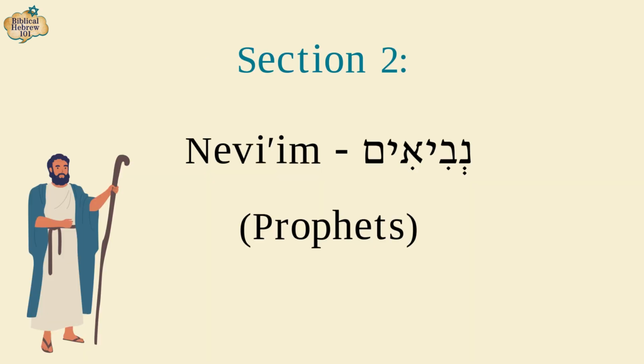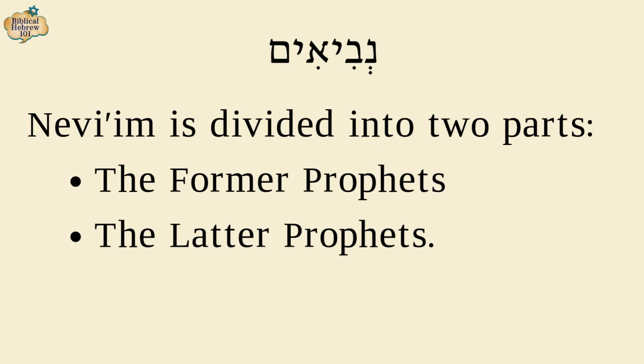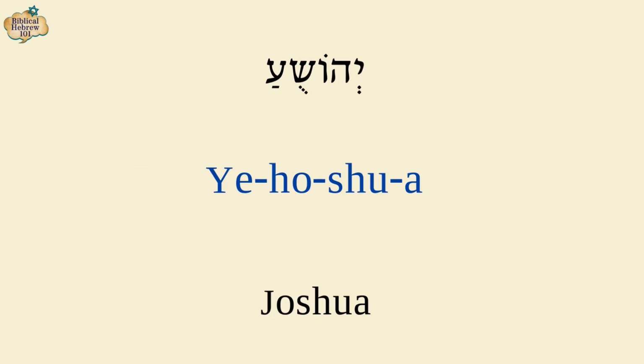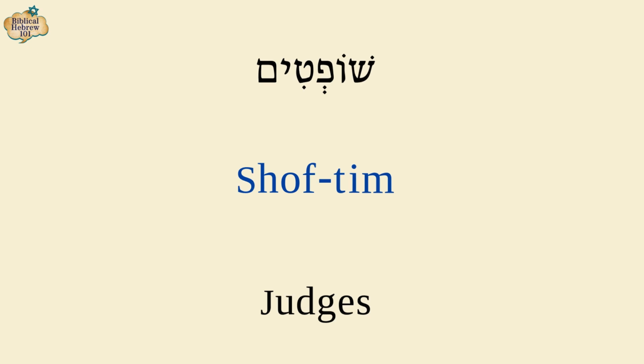The next section is Nevi'im, Nevi'im, meaning the prophets. This section is divided into 2 parts: the former prophets and the latter prophets, and these are the names of the books: Yehoshua, Yehoshua, known as Joshua. The next one is Shoftim,